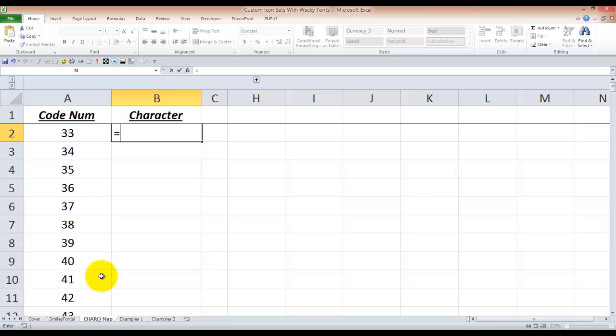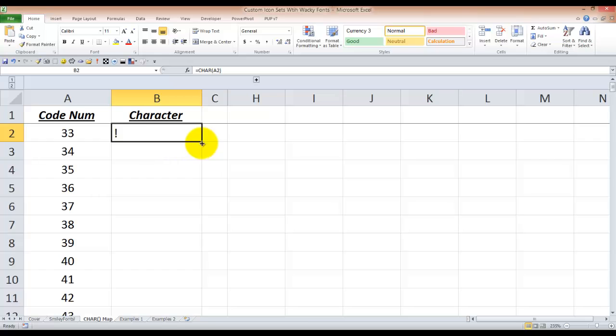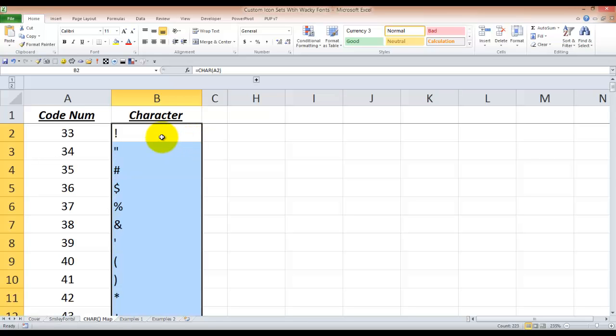And then you're going to need something called the CHAR function. The CHAR function in Excel takes a single argument, a number, and it returns a character based on your computer's internal character set. So code number 33 is an exclamation point. Now I can double click that fill handle to get all of the characters that correspond to those particular code